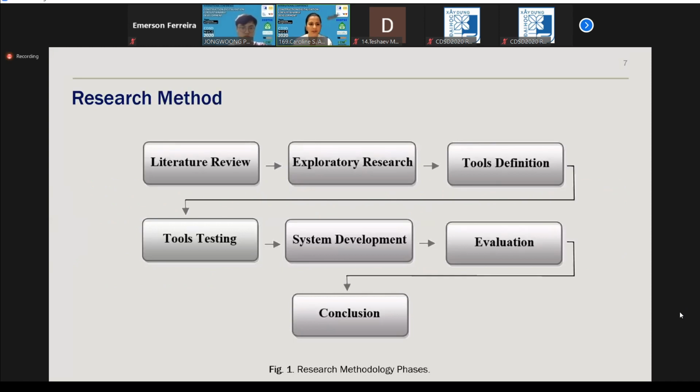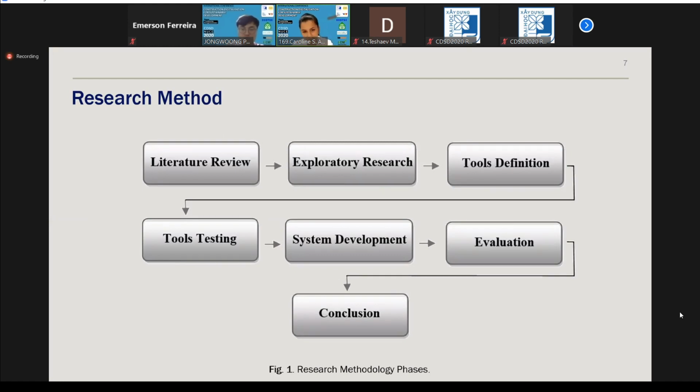About the research methods, we did a literature review and exploratory research to identify gaps in the literature and the relevant studies, and also to observe practical issues. After this, we had the stage of definitions and testing of tools, especially a BIM platform and database.